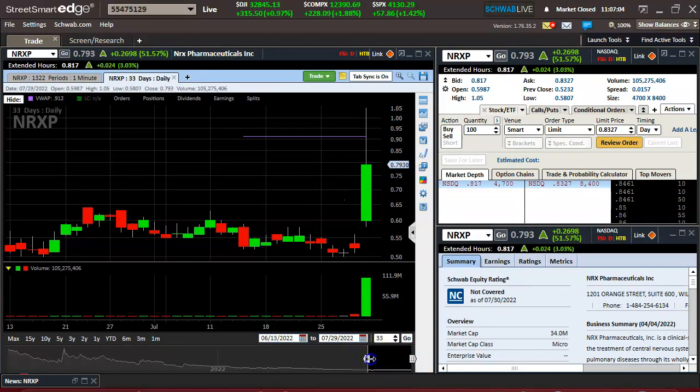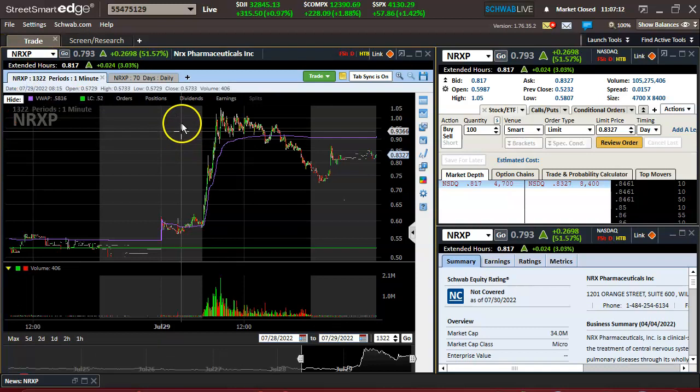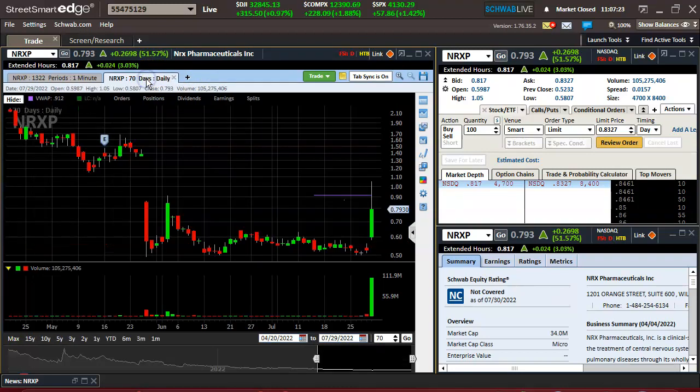NRXP had a great first green day. Solid push here, a little bit of a fake out. It retreated. There was an angle from 90 cents to the low ones, but that's all there was. All there is now is a fade, but all on light volume. So I'm thinking if this could hold up, come back and reclaim 90 cents, $1, the previous high day level,